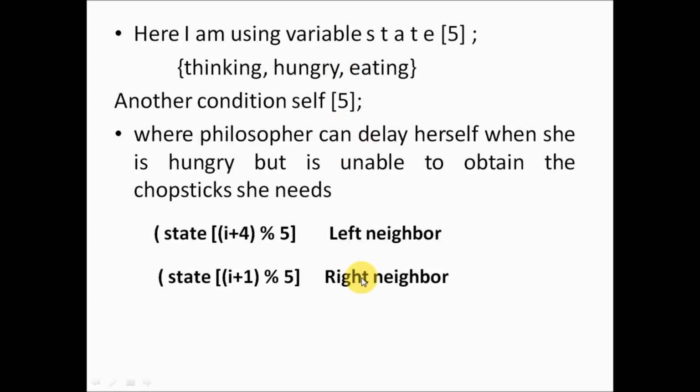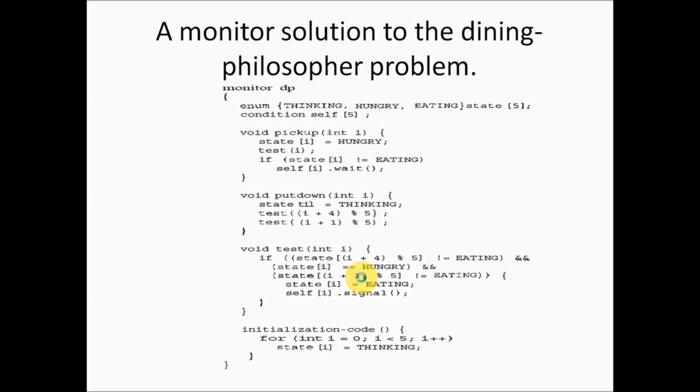So what is my problem here? I need to allow all the philosophers to get a chance to eat the rice. So this is the solution. This is the code that uses a monitor to solve the Dining Philosopher problem. It will give a chance to each and every philosopher here. I will explain this step by step.